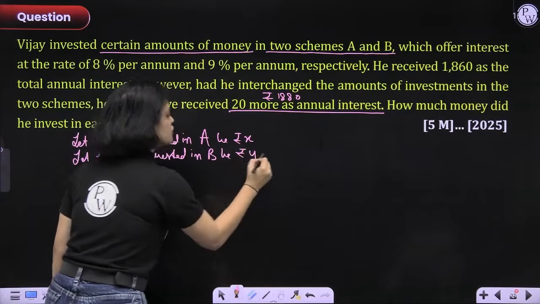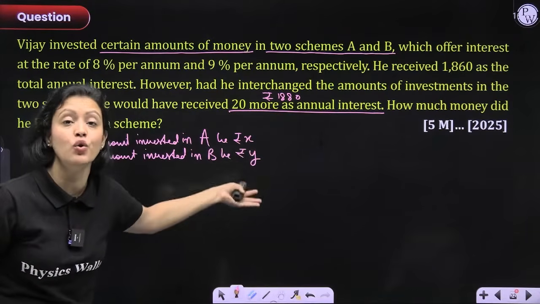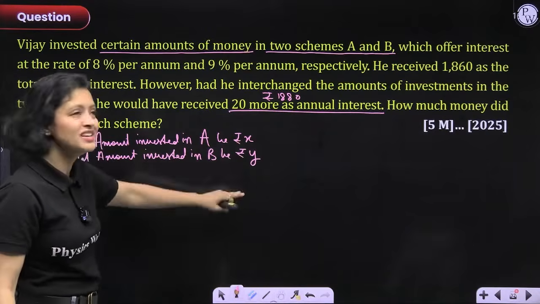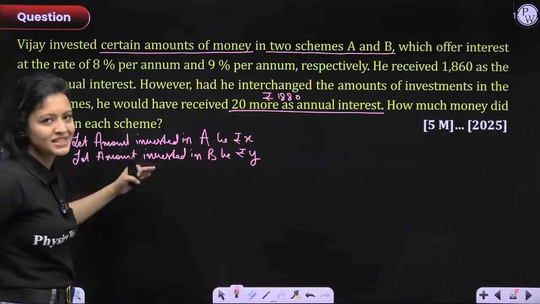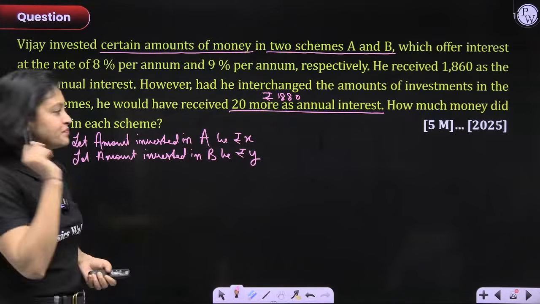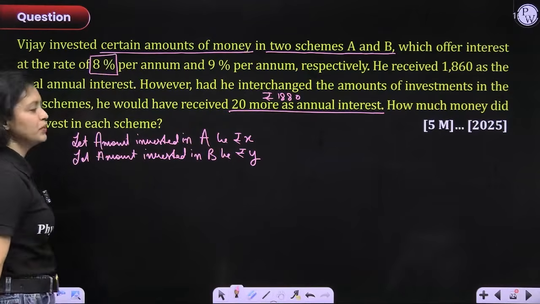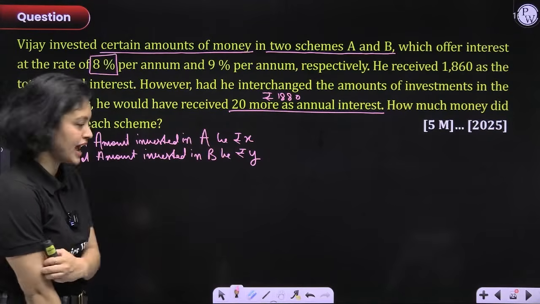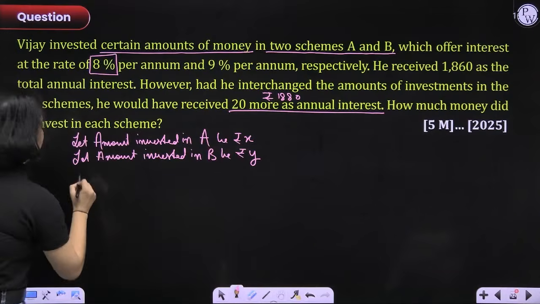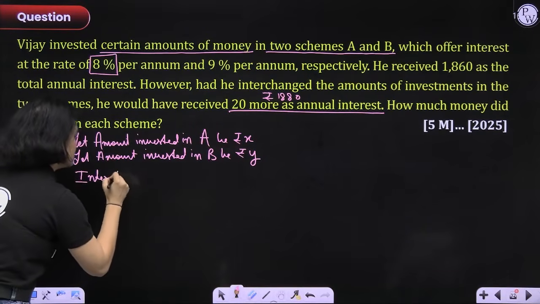Okay? So, first of all, you will declare your variables like what they are. This is important, right? How will the teacher know what is x and y? So, please write that down. Okay? Steps carry marks, guys. Remember. Now, let's start. On x rupees, the rate of interest was 8% per annum. 8% per annum. So, interest earned